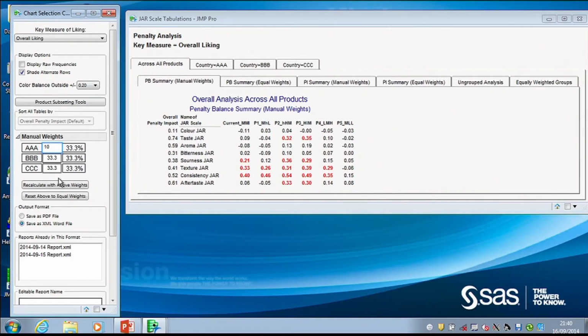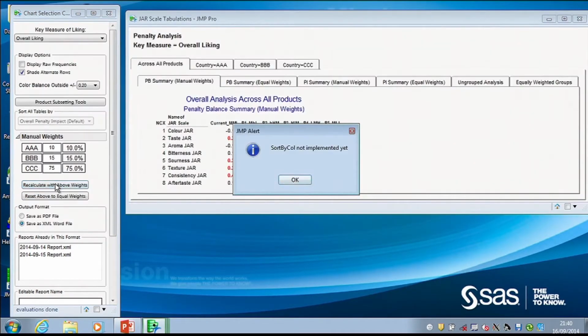Suppose A has only got 10% of the market, B has 15% of the market, and C has whatever the rest is, say 75%. It doesn't matter if those 3 things don't add up to 100, because what I'm going to calculate here is just the relative proportions of those. So if I recalculate with the above weights, this is what I get, and what's evidently happened here is, ha-ha,